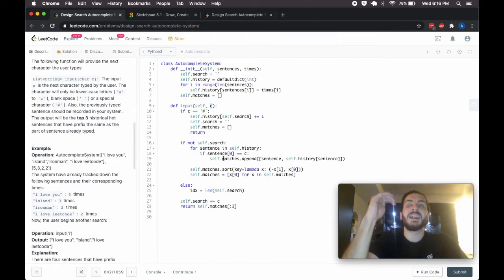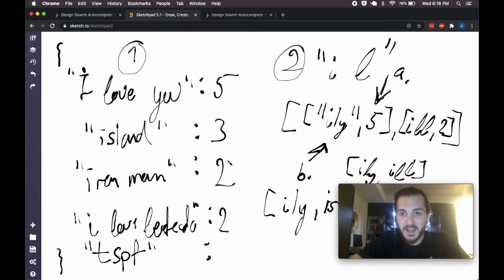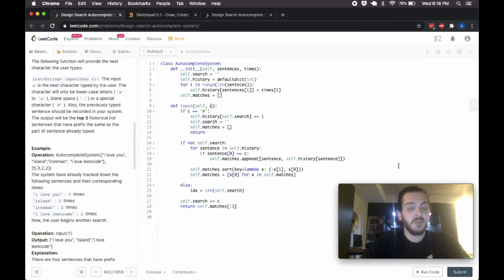I want to make sure that index i of all the searches I have so far, like "I love you" and "I love Leetcode", is equal to space. So I want index 1 to equal a space. And so that's why I'm setting the index to the length of the search. Then we're going to do something similar to what we did here. We'll take self.matches, and for every single match in self.matches, we're going to grab that match only if